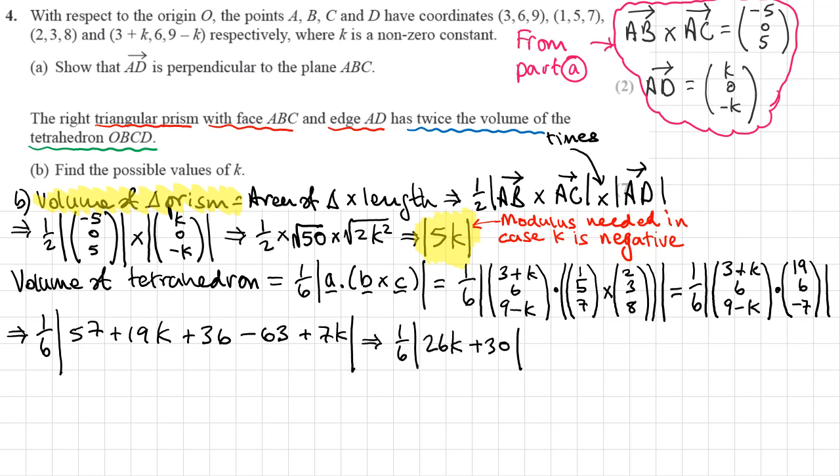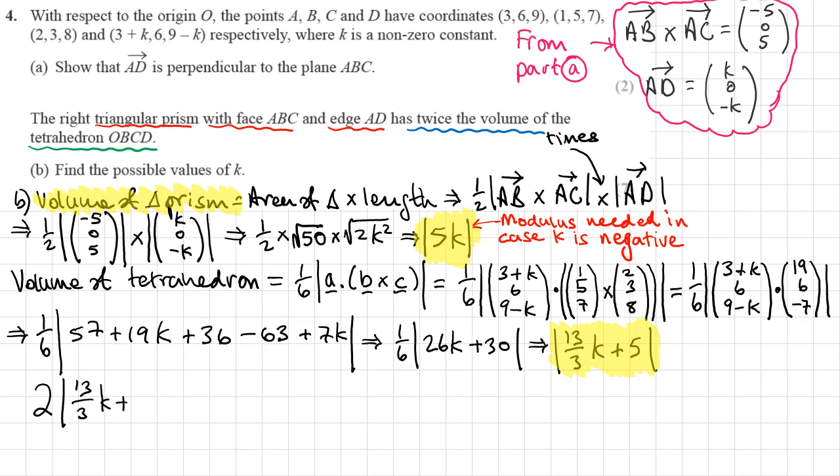So then all of this in the modulus sign here simplifies to 26K plus 30. Dividing everything by 6, I've got here, so this represents the volume of the tetrahedron. So going back to this bit of the question, that the triangular prism is twice the volume of the tetrahedron, I need to get my tetrahedron and I need to double its volume,